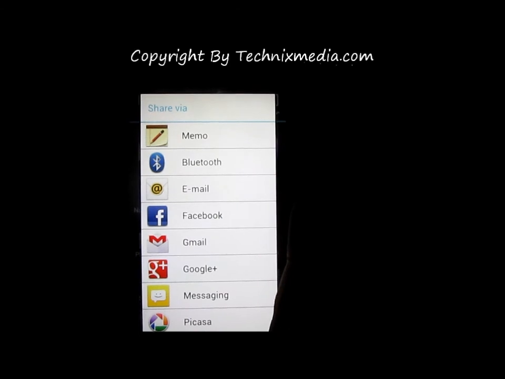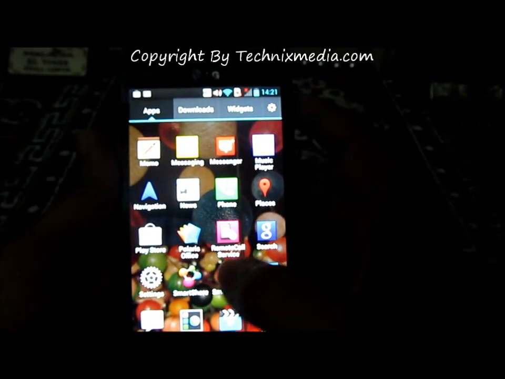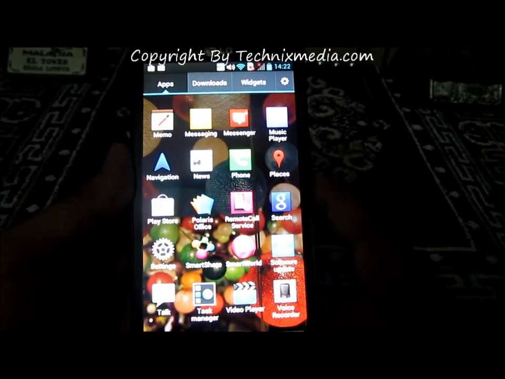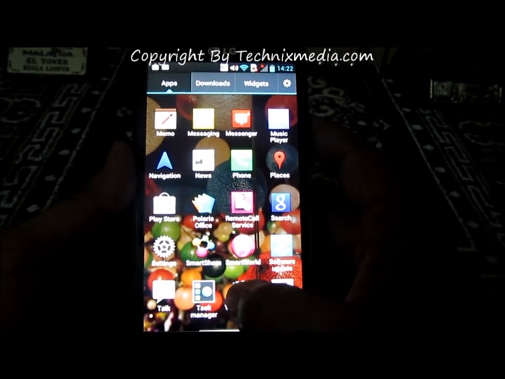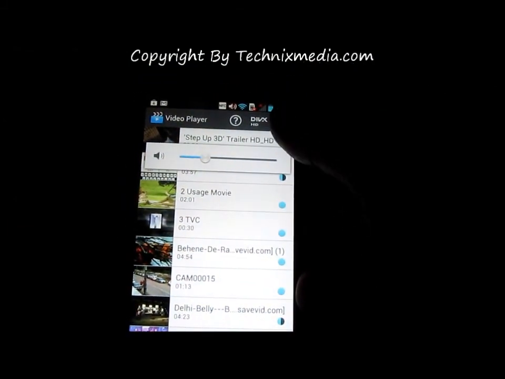Let me just show you some of the features related to the video player on LG Optimus 4X HD. Let me just launch the video player first of all. For example, if we have this particular video file which we want to play,